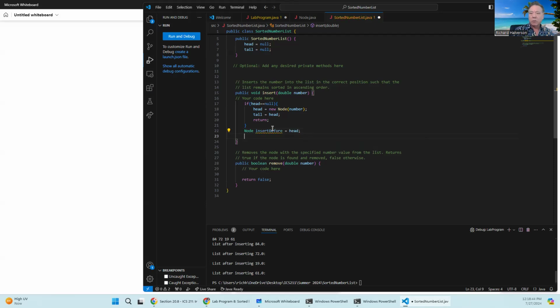and that's going to start out by equaling the head node. And then I'm going to have a loop while insert before is not equal to null. In other words, while it's still equal to something. Well, that's happening, insert before dot get data. This is the value of where insert before is pointing. If that is still less than the number we're trying to insert,